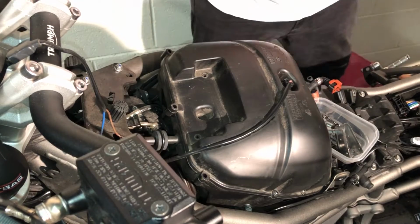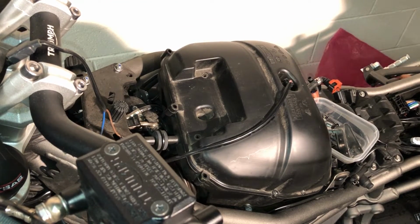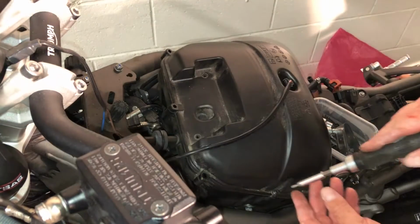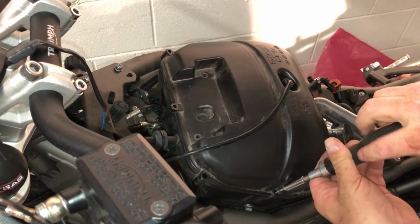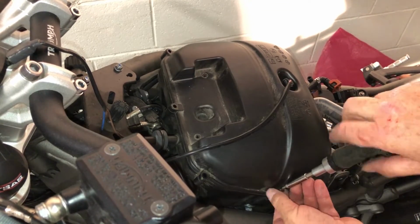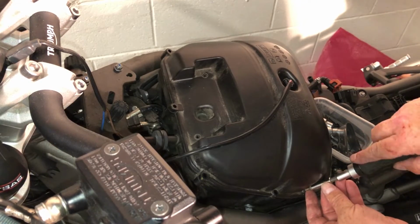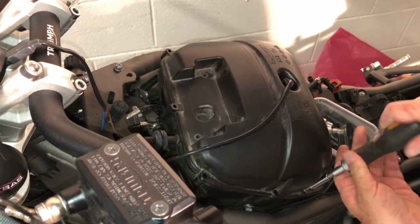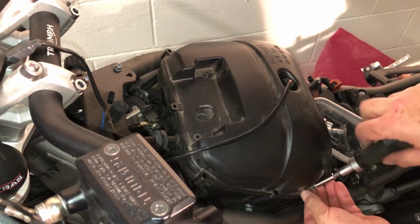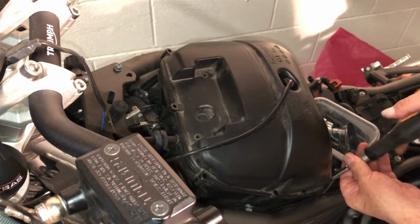It's a lot of rigmarole. I say that, but you know, a Triumph trained mechanic or dealer, they're going to be much quicker than me. And they'll have the tools. They'll have clamps for the fuel lines and all sorts. I'm just lucky the bike's been idle for so long while I waited for my new switchgear that there's no fuel pressure. Not that it wouldn't have stopped me, but